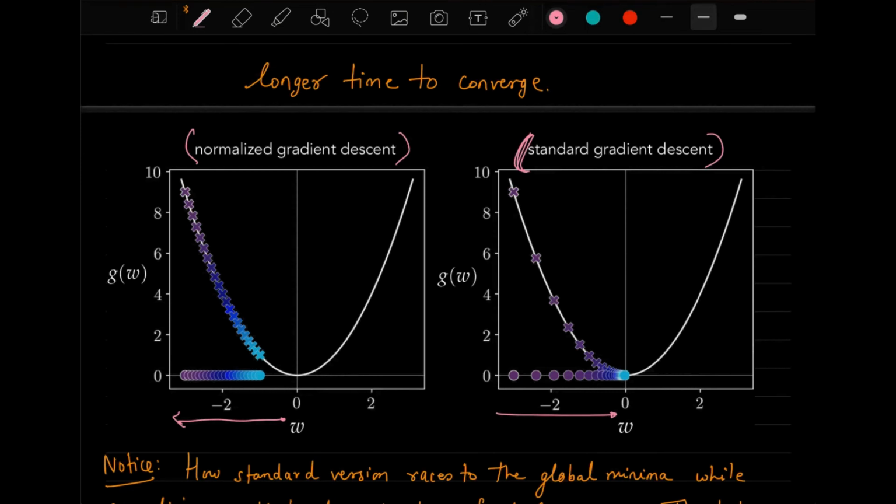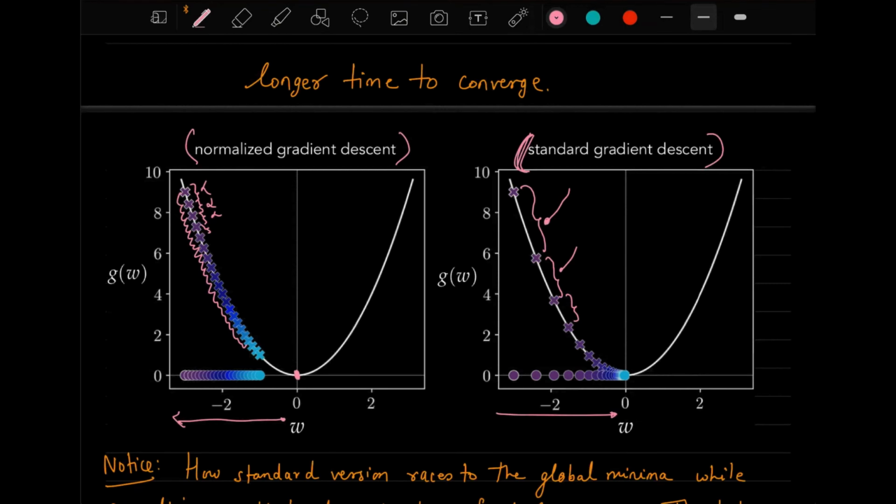The reason for that is that the gradient descent initially takes larger steps, because if it's a convex function, it is taking advantage of these larger steps to get down to the minima fast. But as you know, we have normalized the gradient, so all these steps are equal. It is taking tiny steps to get down to the minima, so it will take a large amount of time to reach the minima, because of the tiny steps it is taking due to the normalization of the gradient that we have done.